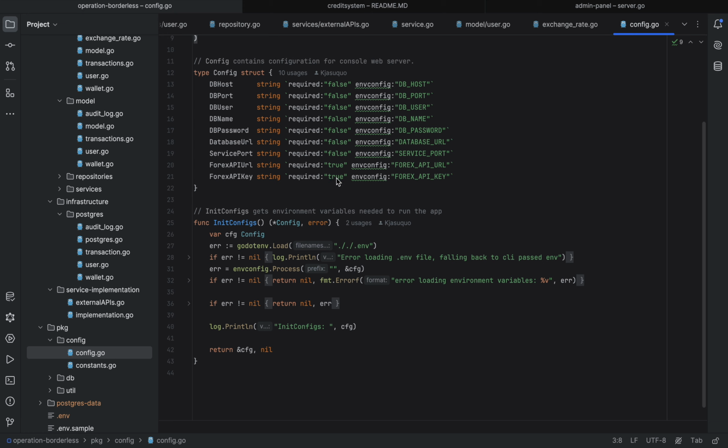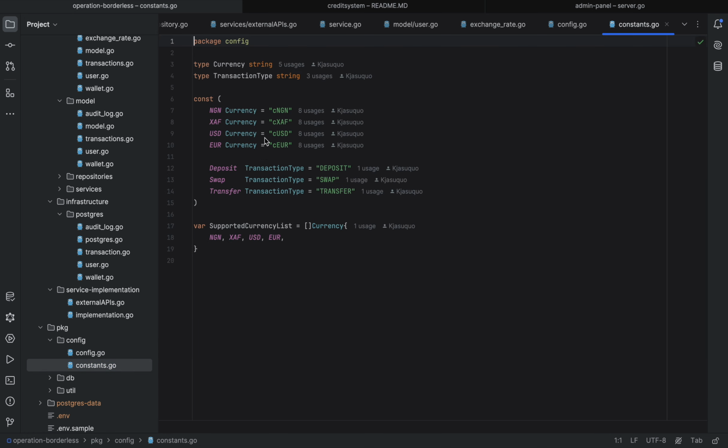But what is important is the external rate that I'm trying to call. I have to set it to true, because without that the app shouldn't run, because our app depends on those rate calls, right? So that's why you have the two true here and the rest is false. And also in my config folder, we have our constants, our currencies, which is